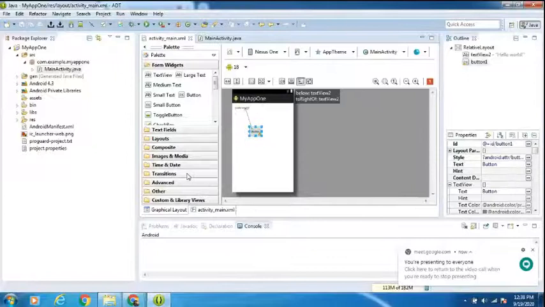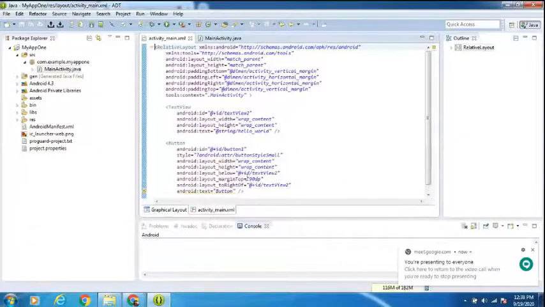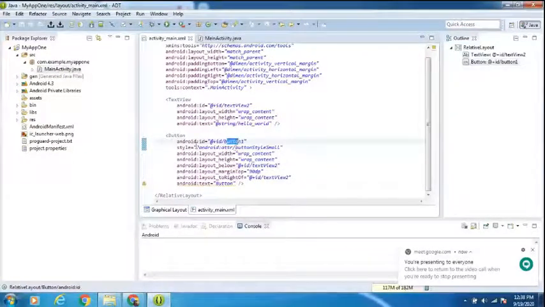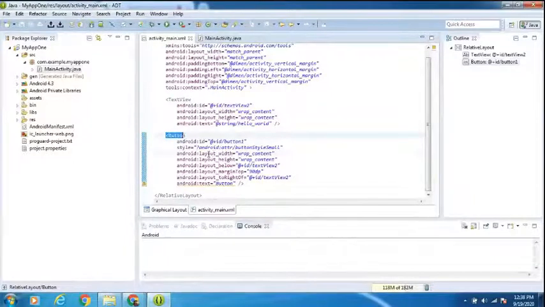When you save the file and check in activity main.xml, the code for button 1 is automatically generated. You can see here. Was the code generated or not? What is the width? What is the height? What is the margin top? Margin right, from what is the right of? Everything, and the button text.